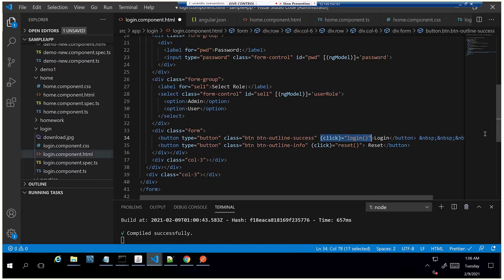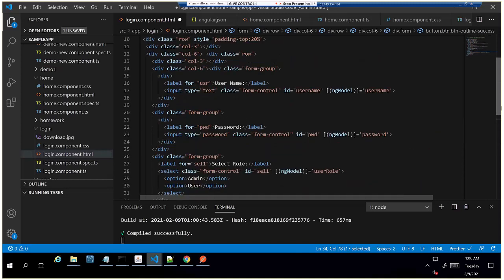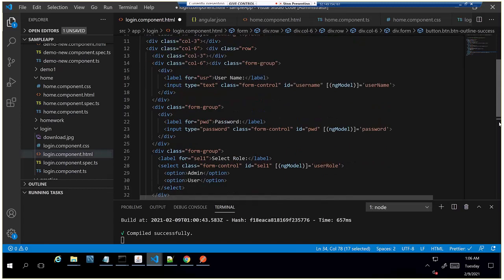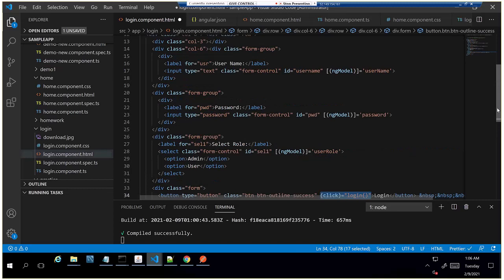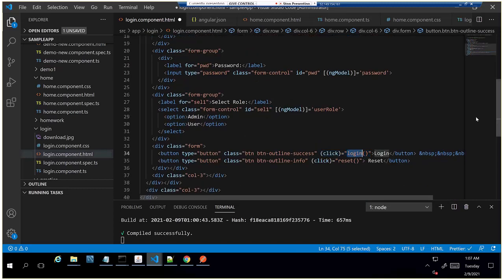But the form itself has a method called ng-submit. It will call this login method automatically. So no need to call this method; as this is a button, it automatically submits the form, and this is not required. The button is already type button only, so we'll remove this.